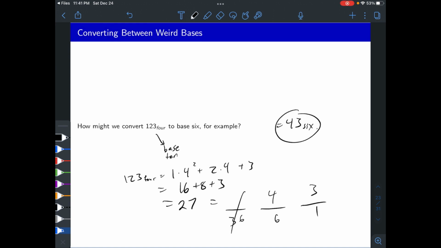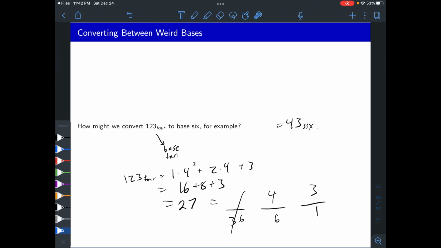Okay. If I did that a little bit too fast for you, don't worry. Just think about it big picture: we start with 123 base 4, convert to a base 10 number like we did right here, and then do the same tricks from the earlier slides to convert it to a base 6 number. We're not going to be doing a ton of that because it's a 2-step process. I'll usually just ask you to do 1 step for 1 problem